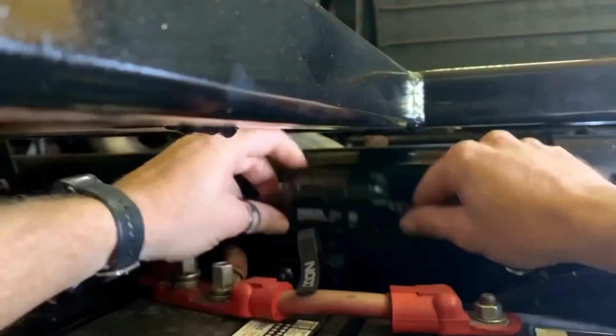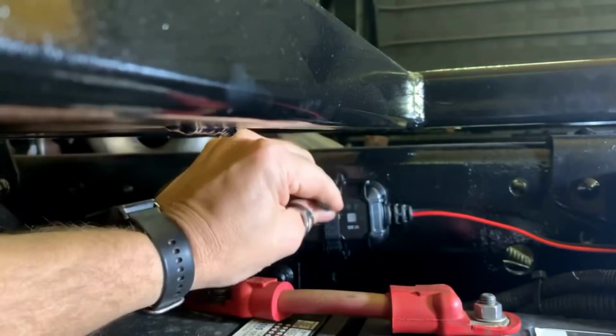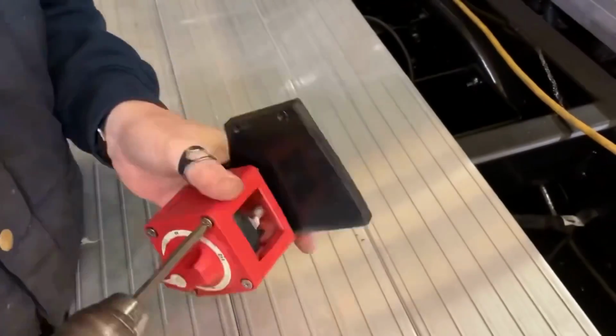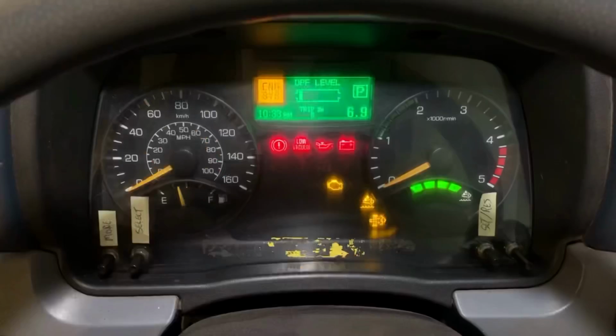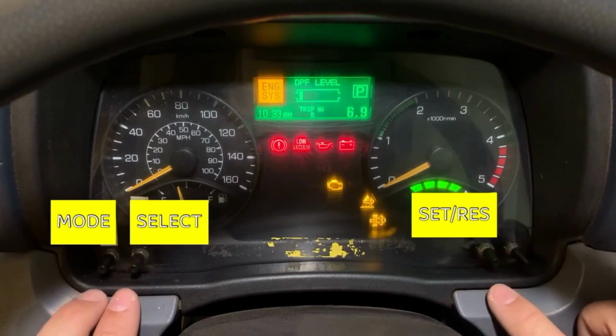I added a small NOCO float charger to maintain the truck's batteries since the truck did a lot of sitting. I also added a kill switch to isolate the batteries. I learned and showed you how to pull the SPN and FMI diagnostic info through the gauge cluster and...